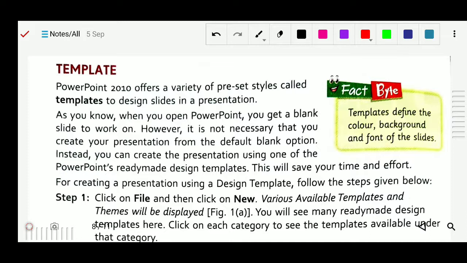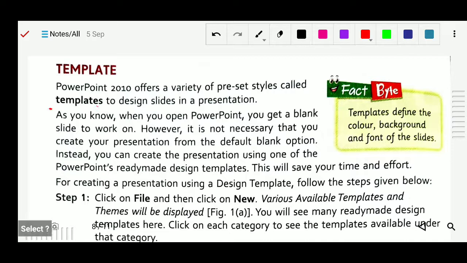Some slides are already designed and provided by MS PowerPoint, so there is no need to design them.